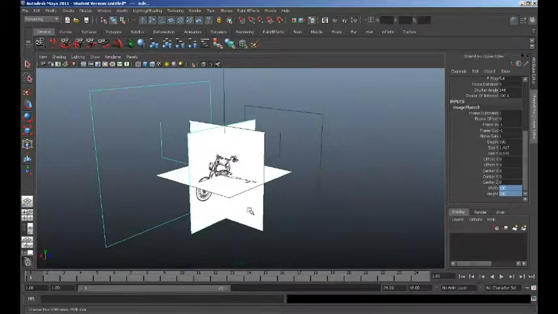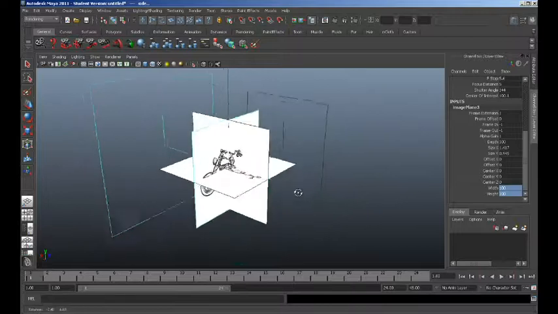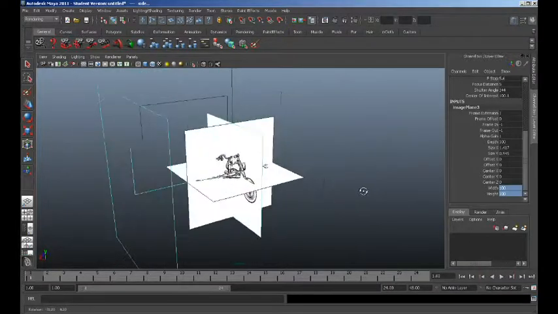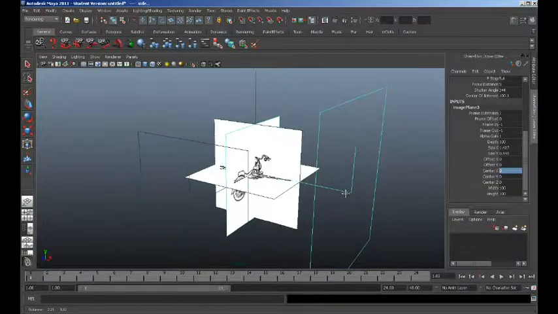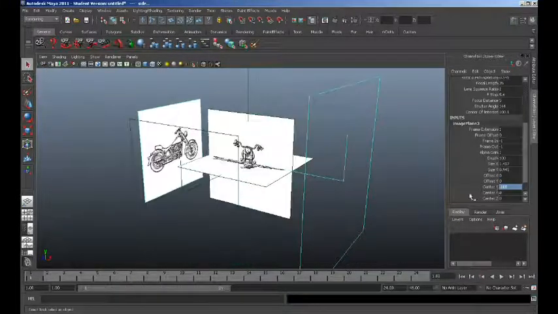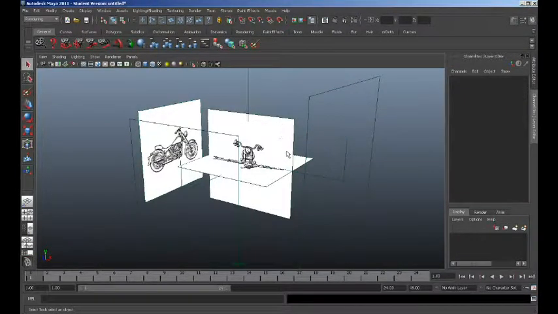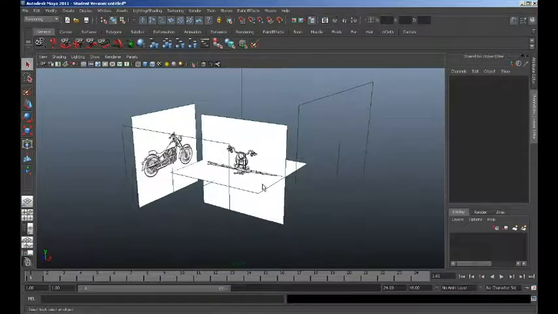Now some people like to change the opacity on these and leave them in the center to work from, but that gets a little crowded feeling for me. So what I like to do is select those image planes and offset them. Now if I go to the same location we were, and I select center X, then I can move those back just a little bit out of the way so that I don't have to feel like I'm trying to model on top of those. What's that look like? Okay. That might give us some room to work there, so I'll go ahead and apply that same value to each one of these image planes, and we will,